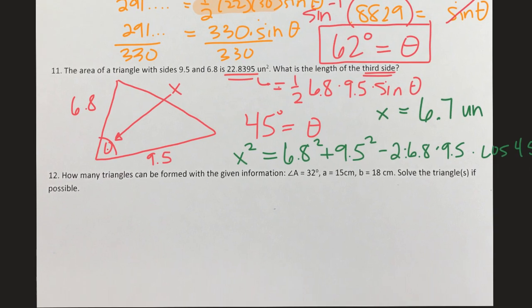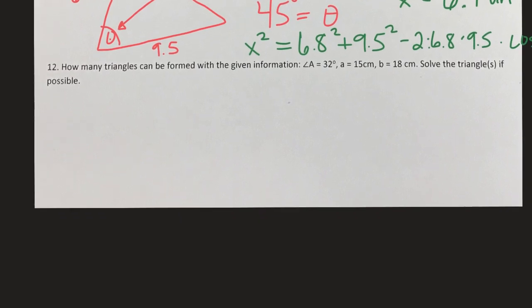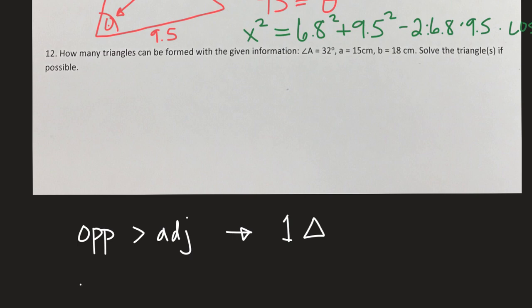So speaking of problem solving, number 12, how many triangles can be formed with this information? Okay, so let's review what we had talked about in class. The first thing we do is we check out the opposite side compared to the adjacent side. Just like before, if opposite is greater than the adjacent side, we can only have one triangle. Now if it's switched and the opposite side is less than the adjacent side, then we have to do